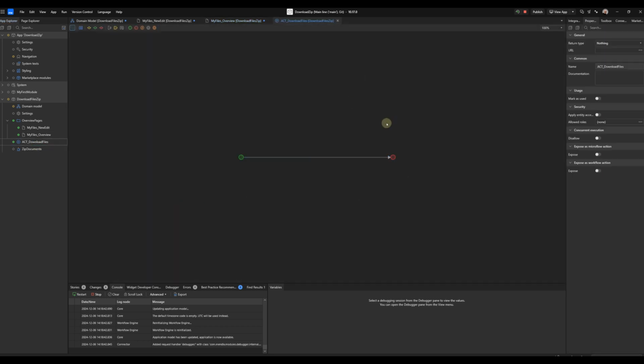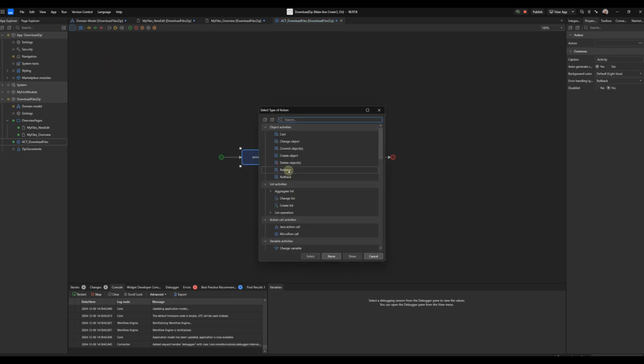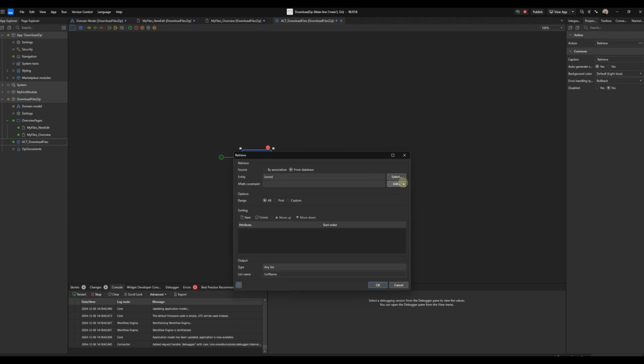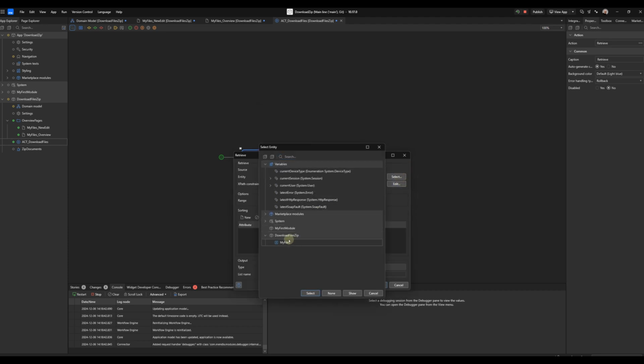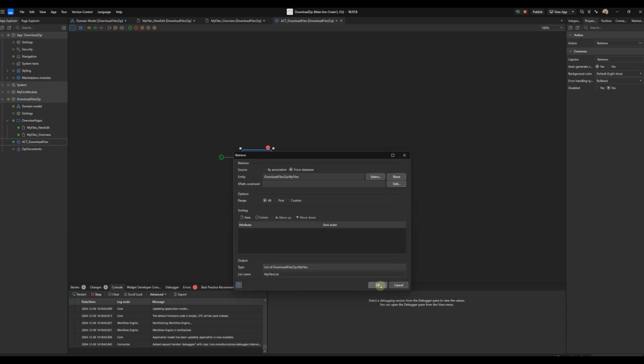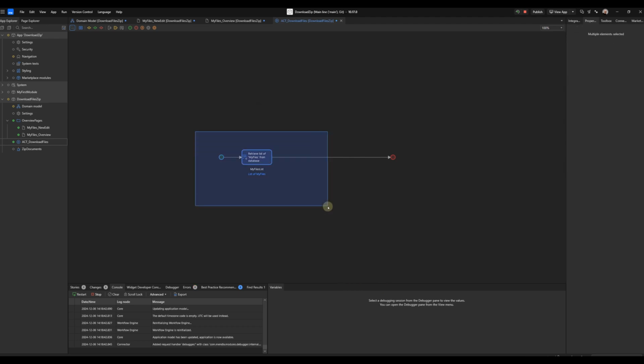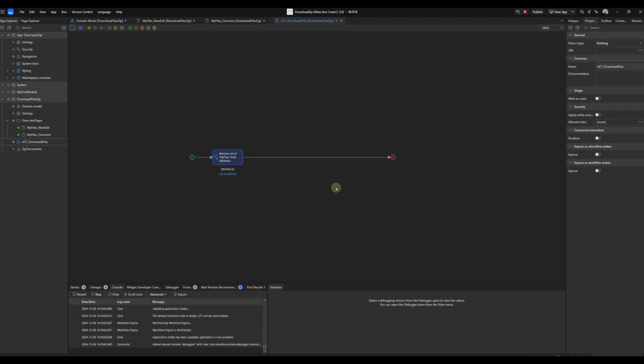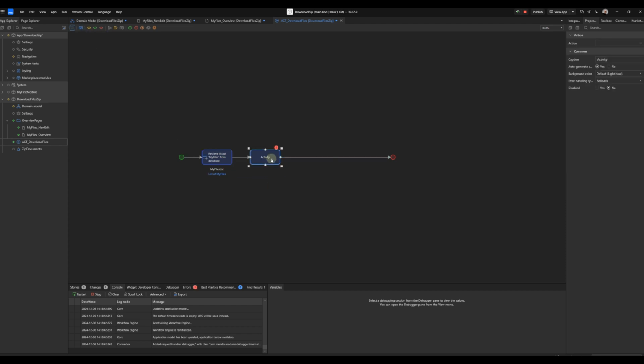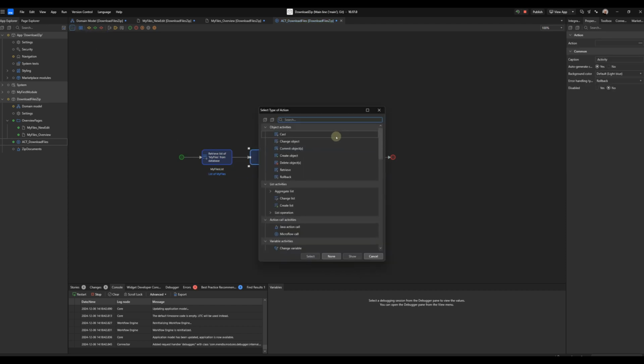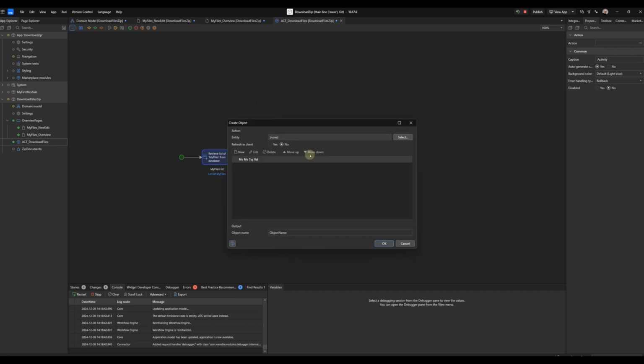Let's go to the microflow. Let's retrieve all the documents, my files. And let's create an object. Why will I create this object?